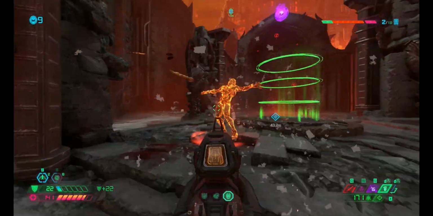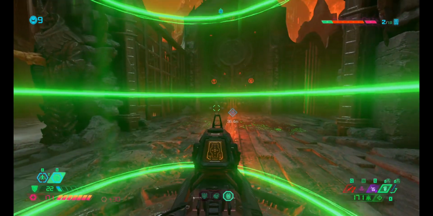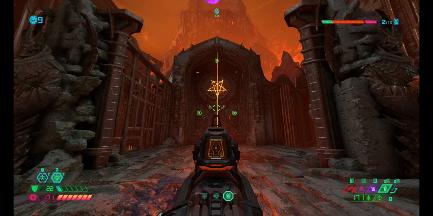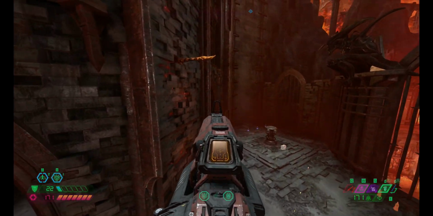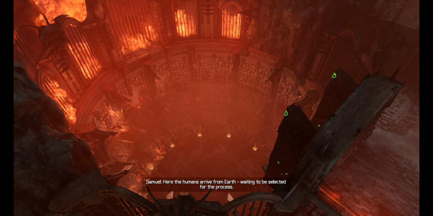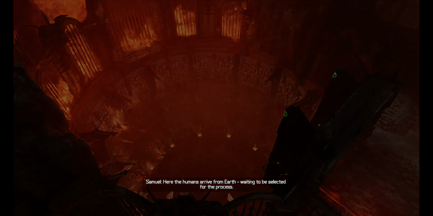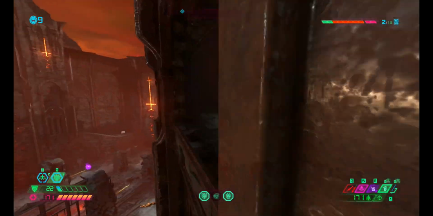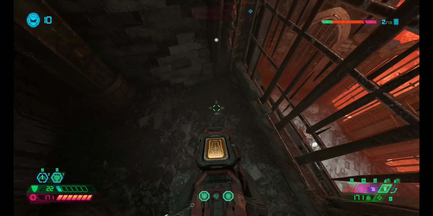Charge up our stack a little. There are a few other things to pick up here, including a secret. But you have to actually open this first, I believe. Here the humans arrive from Earth, waiting to be selected for the process. If you don't open that first, there will be a gate in front of this and you can't get to it, so...